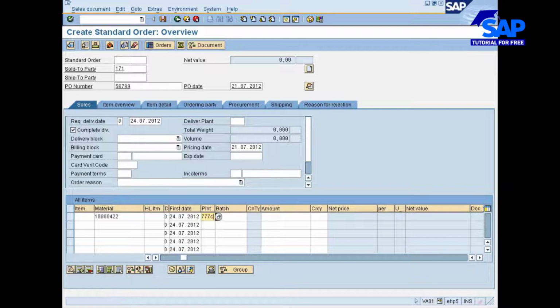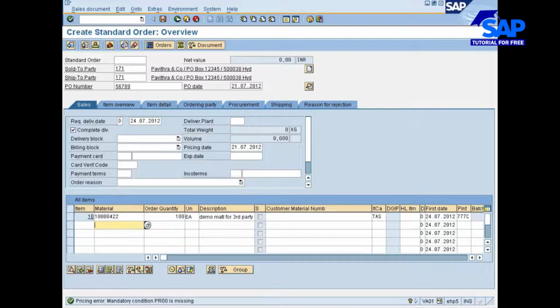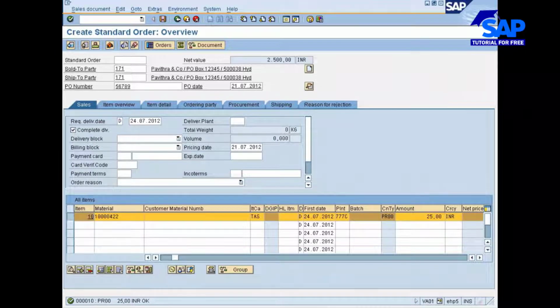Plant is 77C. There is quantity. Order quantity, for example, 100. Here I have to specify the price. Let's say price is 25. Okay. Now you choose this one. Once you are here,